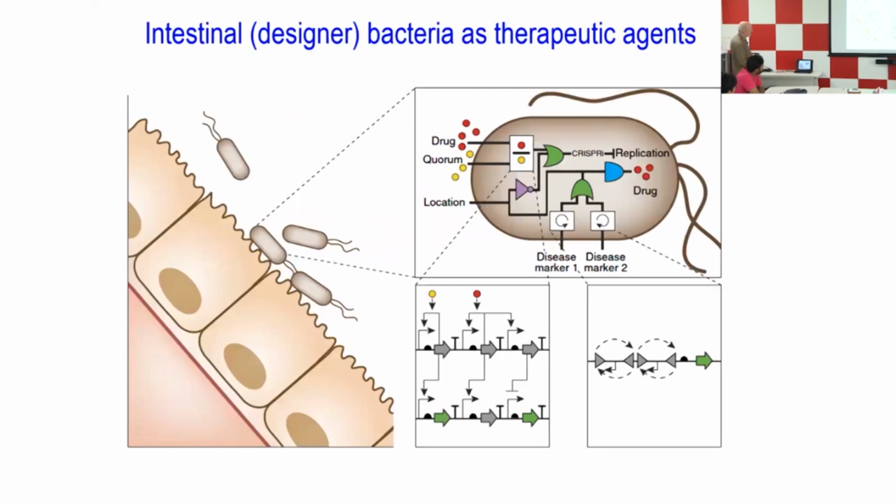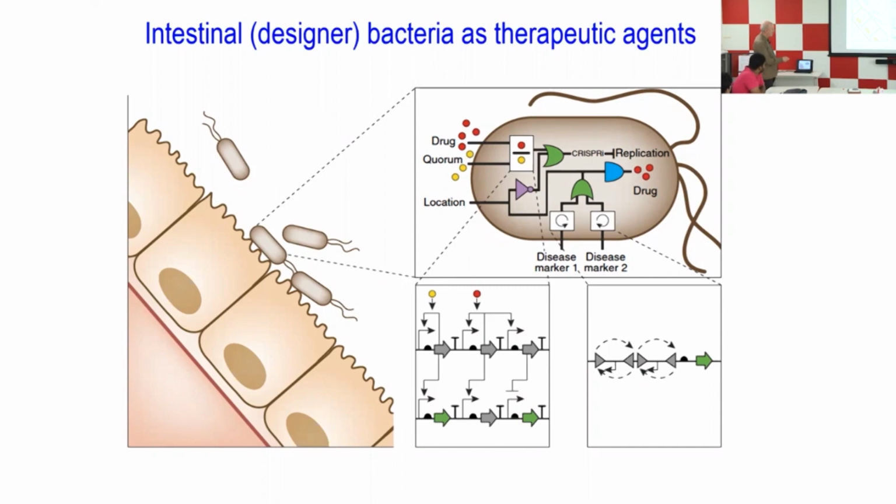One of the most attractive possibilities at the moment, in fact, is to use bacteria, to program bacteria to become a kind of genetically engineered probiotics in such a way that they can really deliver activities in the intestinal lumen, and then they can change not only the composition of the microbiome, but also have some beneficial activity on the cells that are there. Okay, and in this case, for instance, you see that the logic gates here are implemented with quorum sensing,